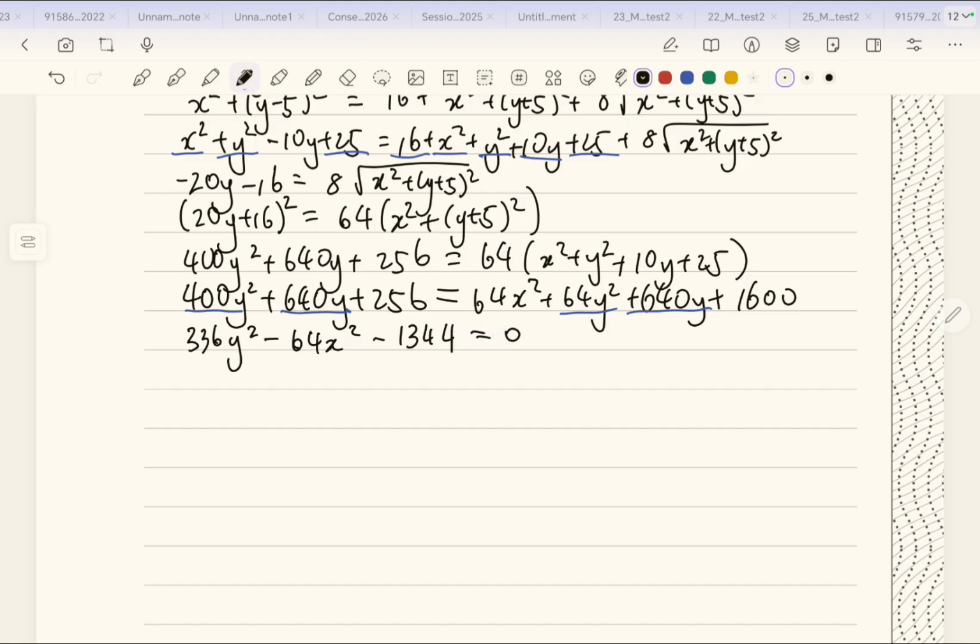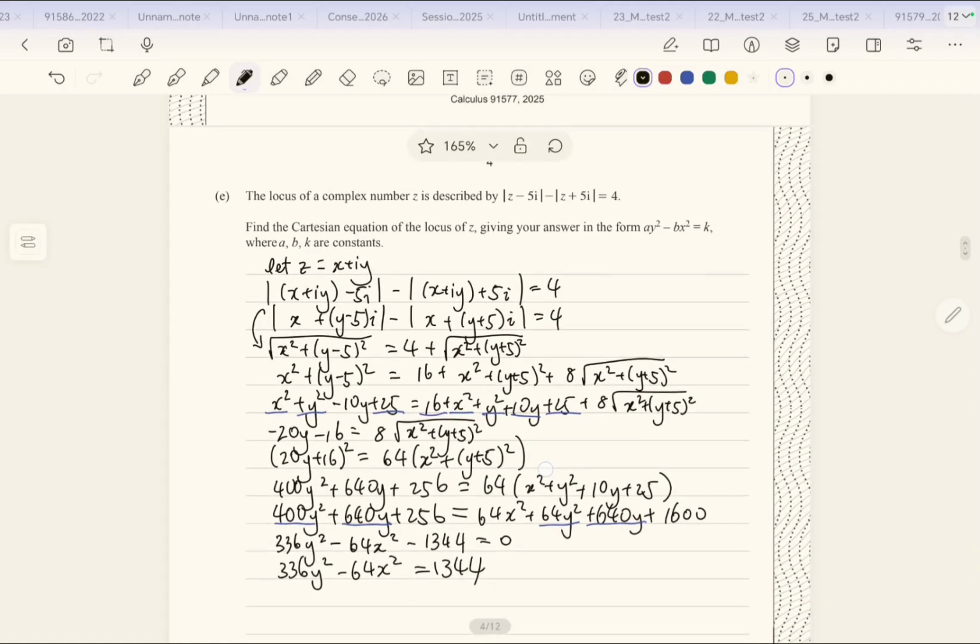So 336y squared minus 64x squared minus 1344 equals 0. And now we could do 336y squared minus 64x squared equals 1344,